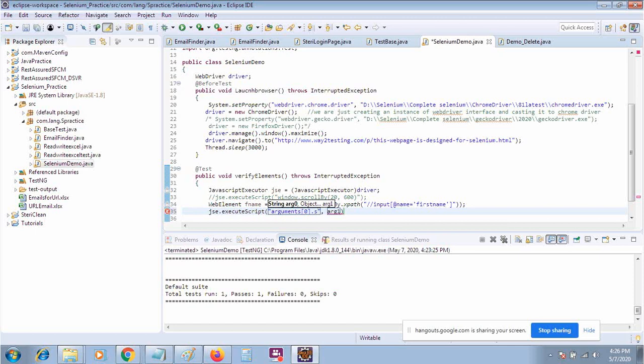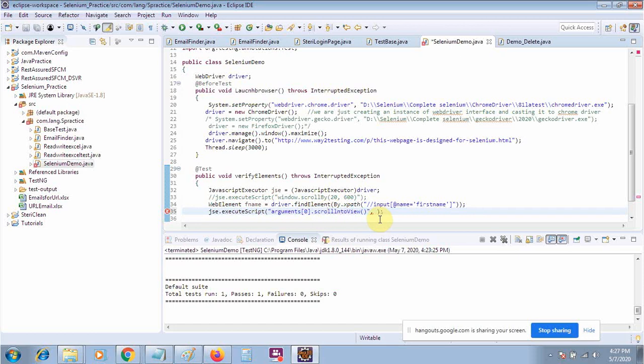There is a method, or you can say a function because it's a JavaScript function, named scrollIntoView. Okay, this one. scrollIntoView, and then here you have to write your element name for what you are scrolling. arguments[0].scrollIntoView.